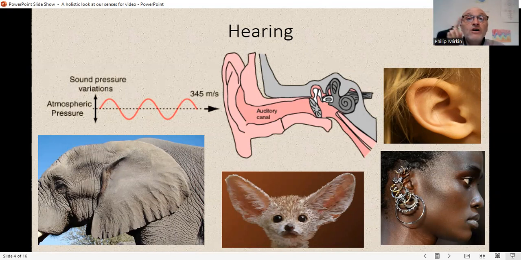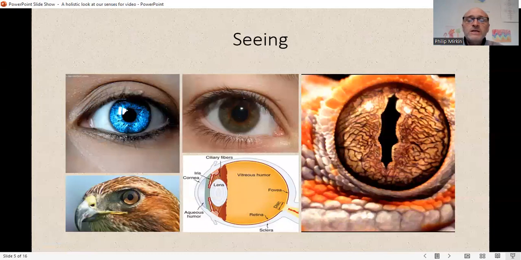And if the waves are harmonious, then it sounds musical. And if they are quite jagged and rough, then it sounds edgy for us. So there's a correlation between our experience and the actual waves, which I would imagine if you're scientifically minded is pretty obvious. Seeing is the most complex.